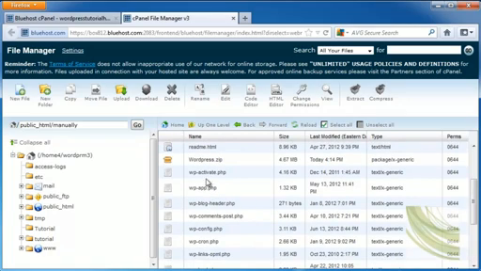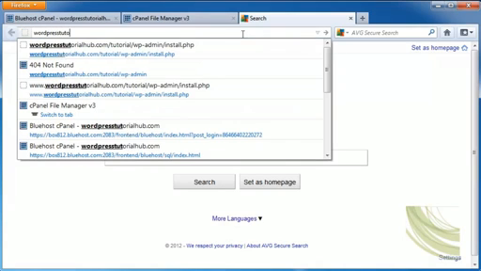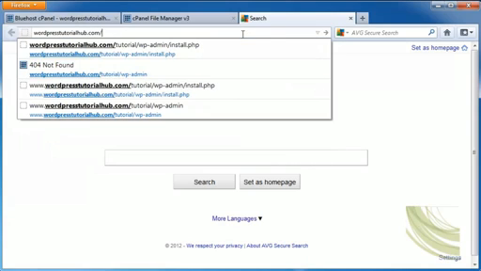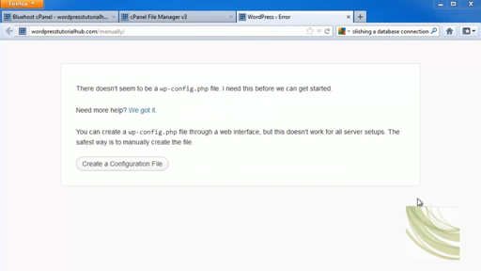So now to go ahead and install it, I'm going to make a new tab, and I'm going to type into here WordPressTutorialHub.com/manually, because that's the name of the folder, and click Enter. Once you type in the name of your website, slash, and the name of the new folder you just added or database, you're going to come to this screen that says there doesn't seem to be a wp-config.php file. And then it's going to put up a button for you to create a configuration file,